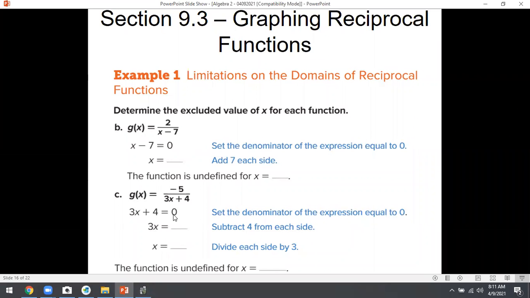How about this one down here? Let's try this one. C. Ooh. It's got a negative 5 on top. What do you think the negative on top does? Any guesses? It does do something to the graph. Thoughts? What do negatives usually do? They usually reflect things, don't they? This is no different. In fact, as a little side comment real quick,